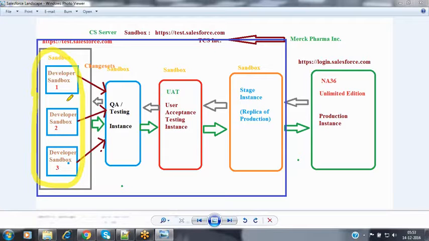So as a developer, we have worked on some modules. Assume that developer 1 has implemented some functionality, developer 2 has implemented some functionality, developer 3 has implemented some functionality here. Now, we are having the release tomorrow. Every developer has done with his task. Once the development has been done, then as a developer, it is our responsibility that we have to do the unit testing.